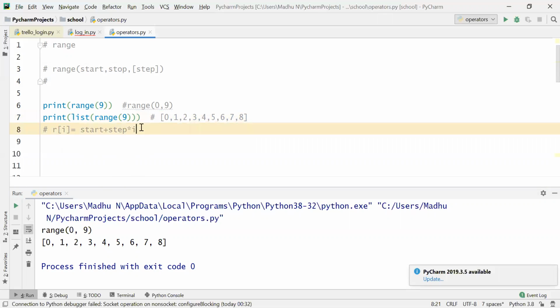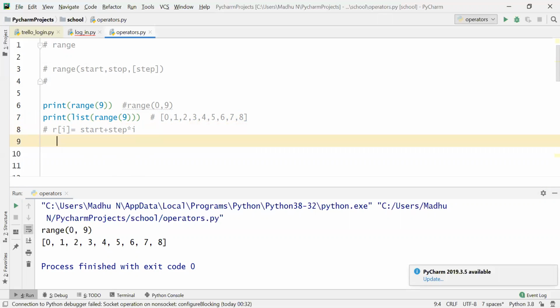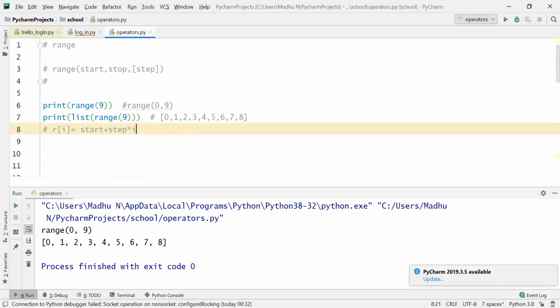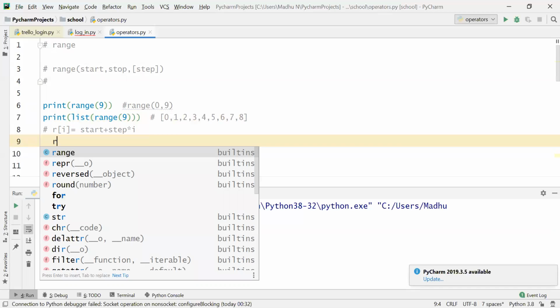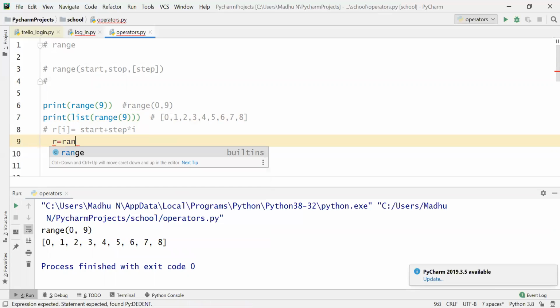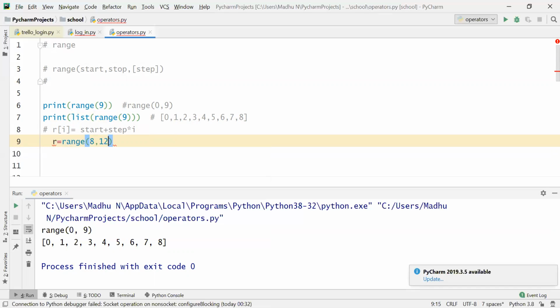So here, how are these numbers generated? Let us say I'll take a range of 8, 12.